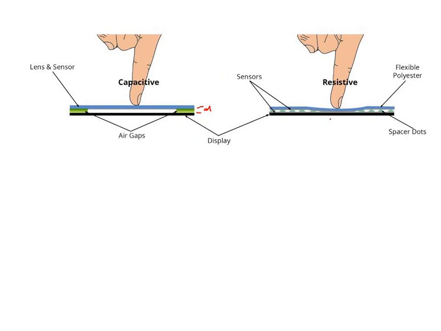The next one is the resistive one. When you press it, you can see that now the sensor material is in between, so this is going to change the resistance of the material, and this change in resistance will be detected. Now you can see that even though the two diagrams look the same, the working principle is totally different.